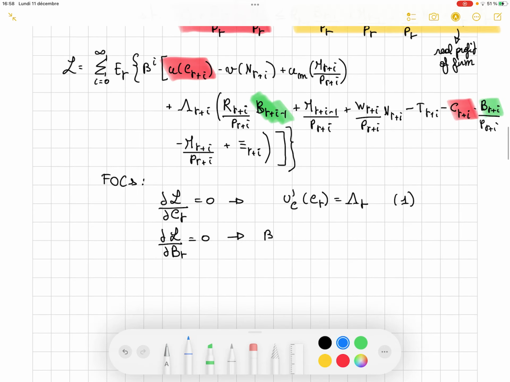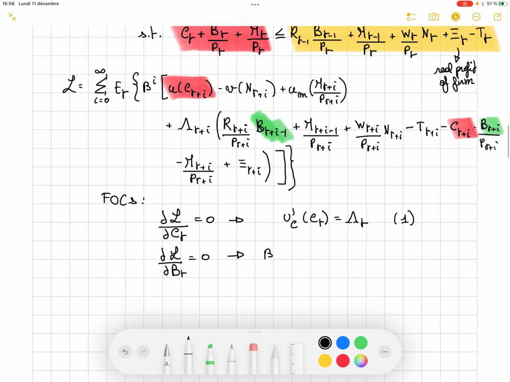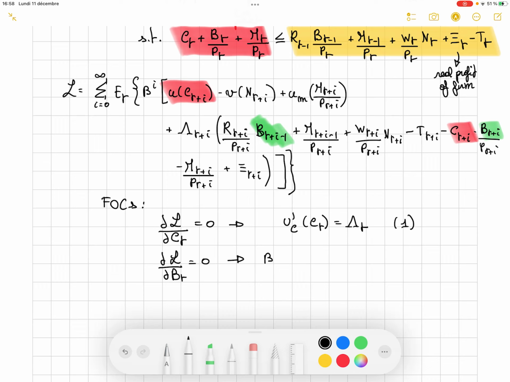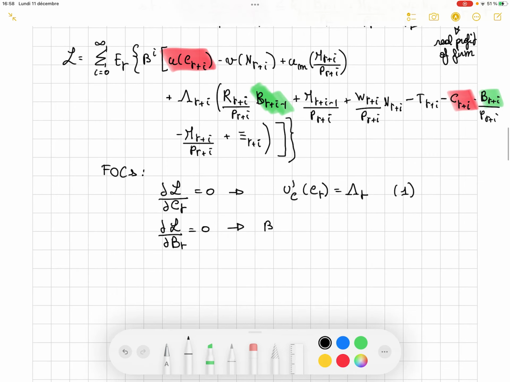Yeah, that is entering. I did not talk about beta before, in the sense that we had beta exponent 0, so it was just 1. But even if you take it at another period, for example at the next period, you will also have the same beta here, so they will cancel out. That's why I did not talk about the beta before. But here beta of course enters, in the sense that now we have the bonds at the next period when you are choosing them. So that's why I consider the beta here.